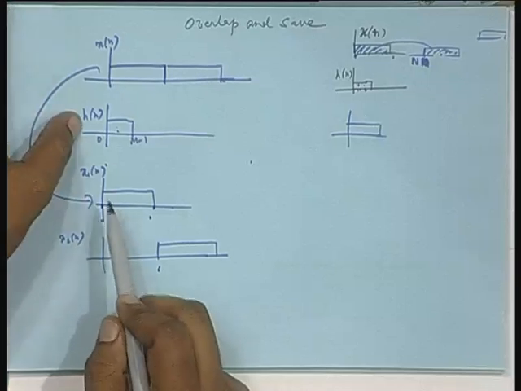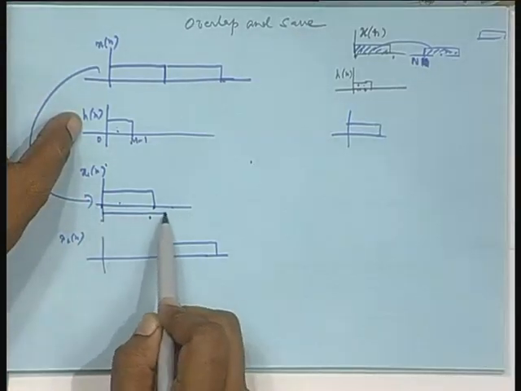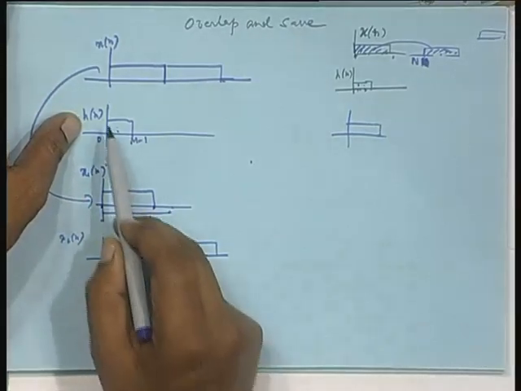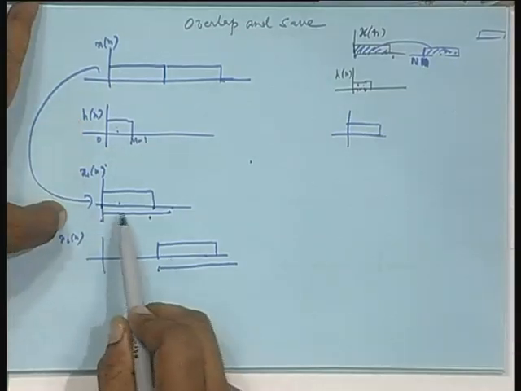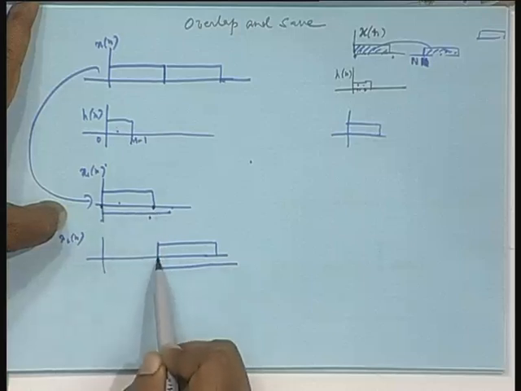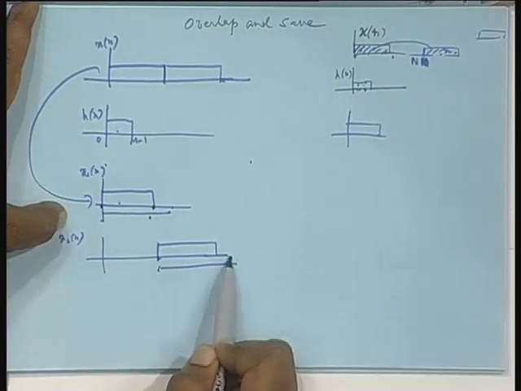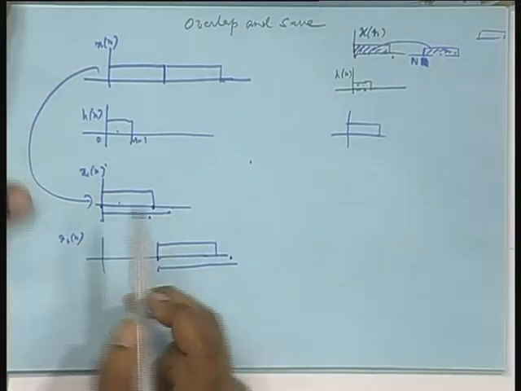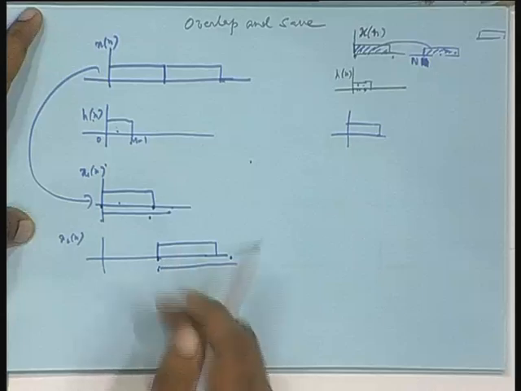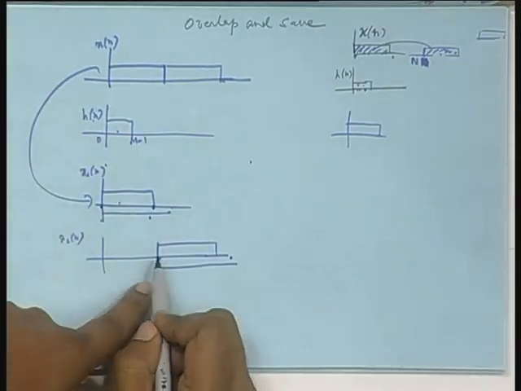If I convolve between h and x, result will be something like this up to this point. If I convolve between h and x 2, result will be like this. If I say that I will take the output from here to here, then I will go here and take the output up till end. Will it be correct? Answer is wrong, because when I convolve between h and this, I am reversing it.